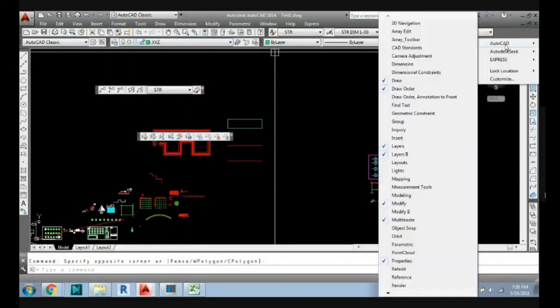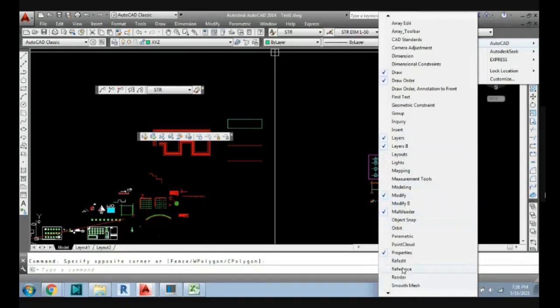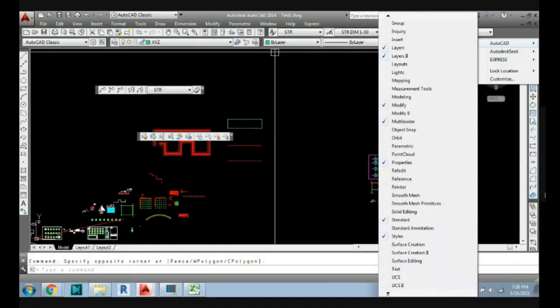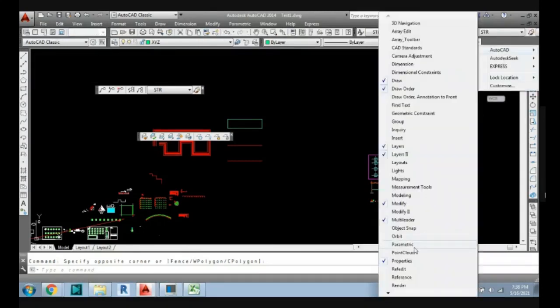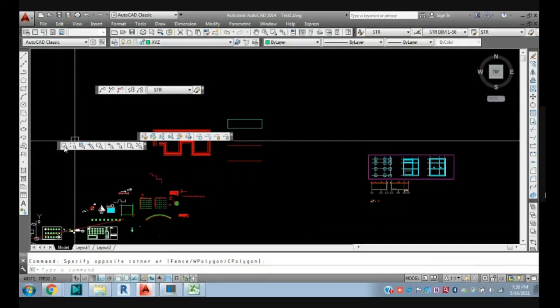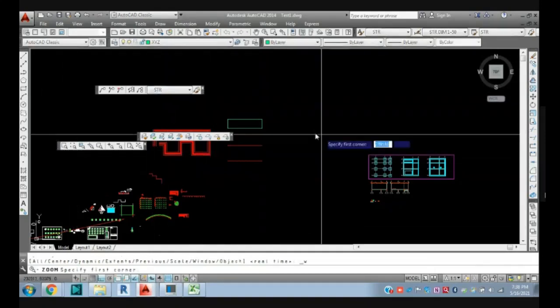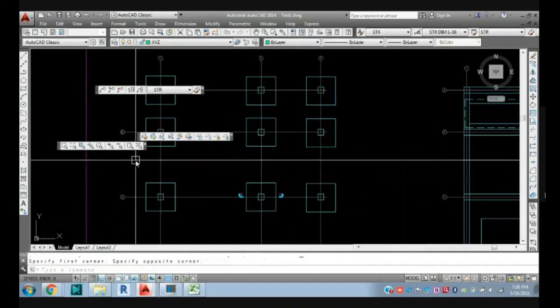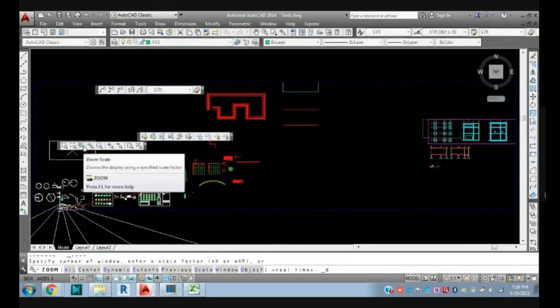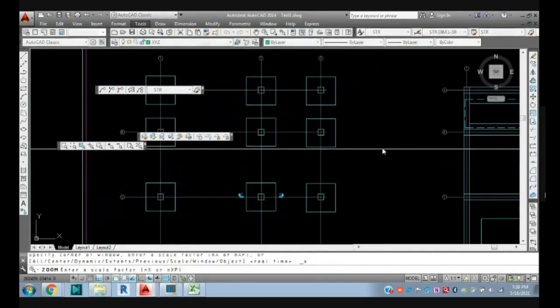Again go here, and if you want to add a different toolbar, you can add it from here: viewport, then AutoCAD, then zoom. These are the different types of toolbar. If you want to zoom some part, zoom extents, zoom out, zoom in, both options are here. If you want to zoom a certain